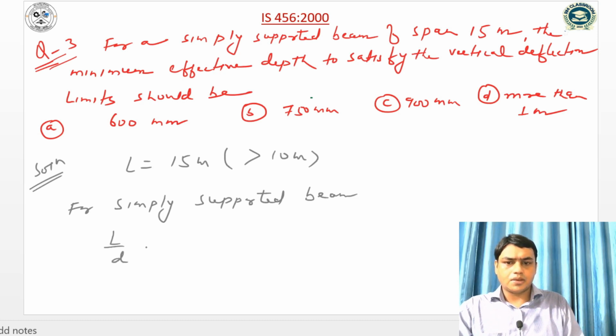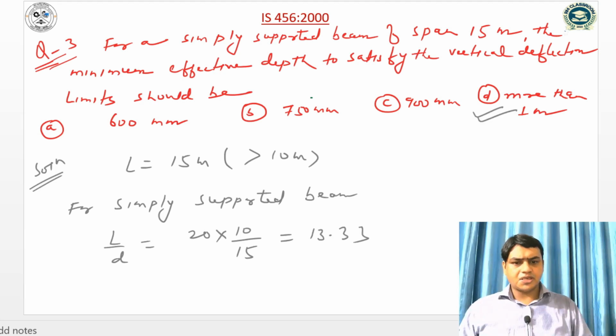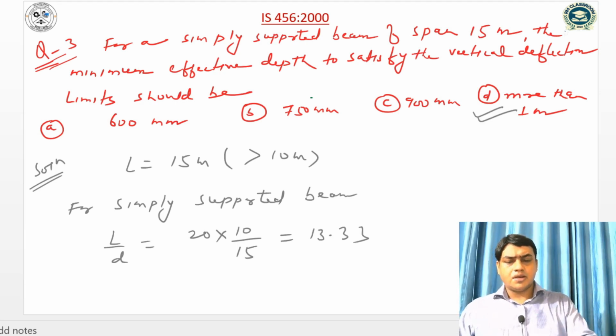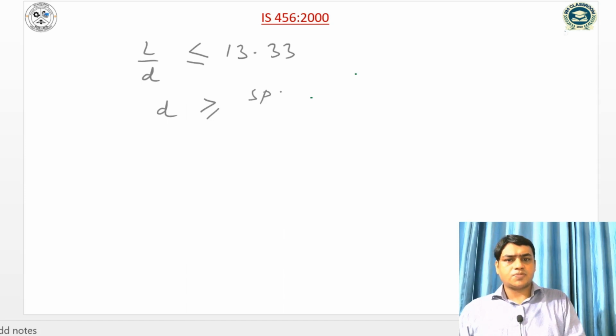L by D is equal to 20 into 10 by span, because our span is greater than 10 meters. So 10 by 15, so it will be 200 divided by 15, which is 13.33. So L by D is coming 13.33, means our span to effective depth ratio should be less than or equal to 13.33. We can write our span by effective depth ratio should be less than or equal to 13.33,